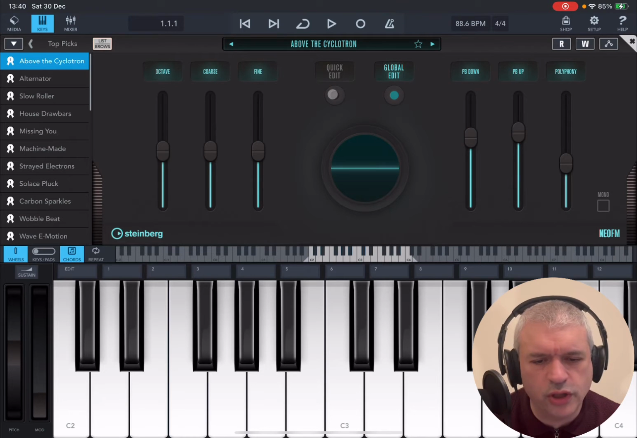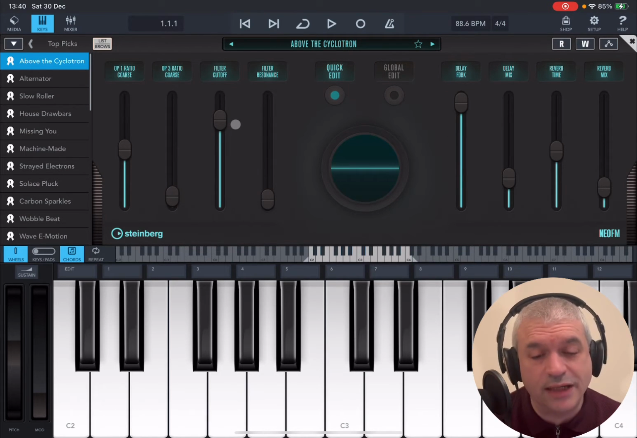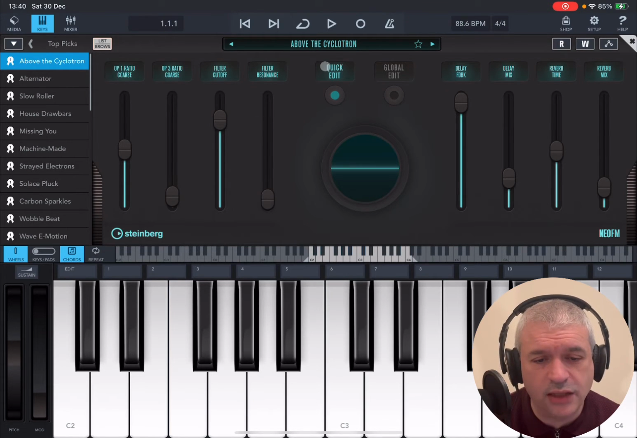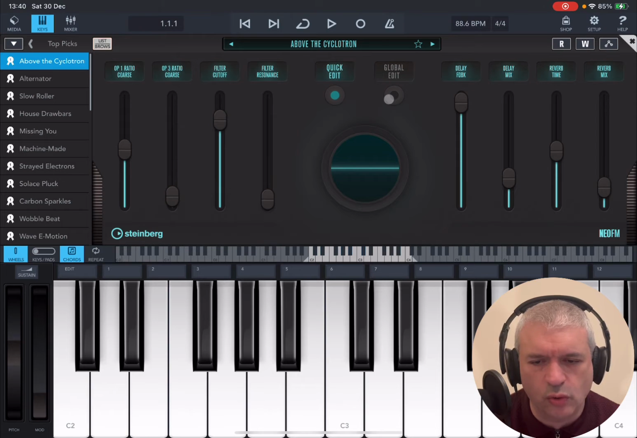When you are not in global edit, you are in quick edit, and the controls that you see here depend on the preset which has been selected. At the top here, of course, you see the preset which you currently have loaded, its name. You can go to the previous one, to the next one, and mark it as a favorite as well. And then up here you have the traditional controls for automation, which I will explain in the coming tutorials for